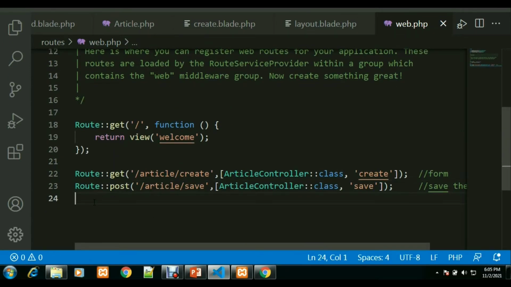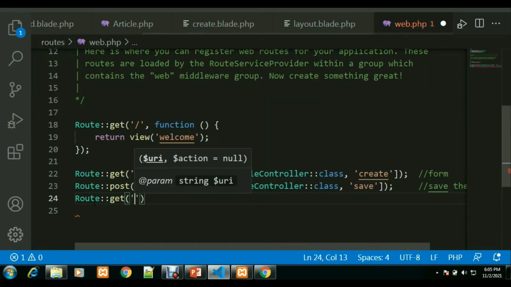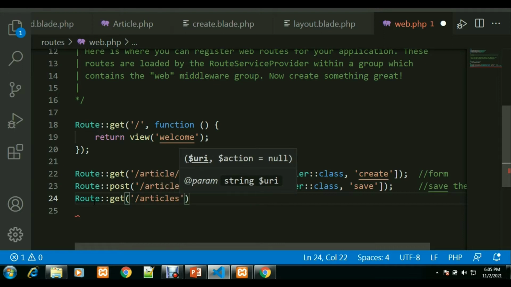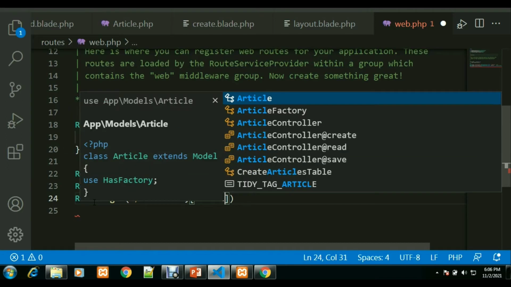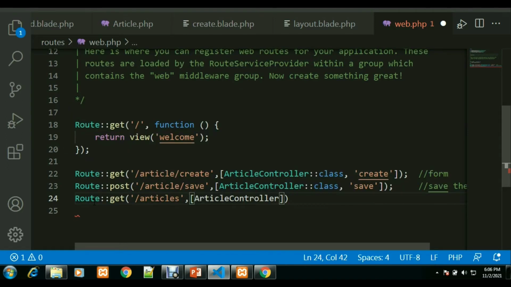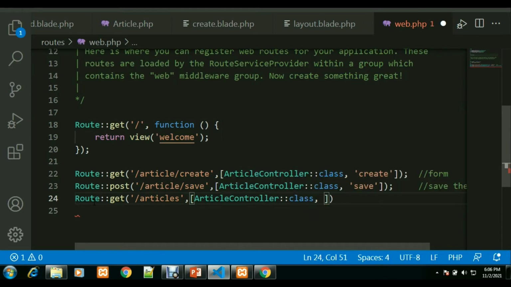I have to create a router here. So create router, route, and this is simply a get method, and just articles. I'm just writing articles. This is the router. I have article controller and read class, and I want to call the read function here. I'll save.